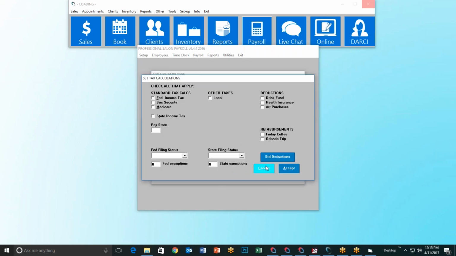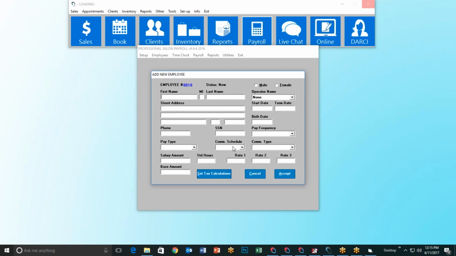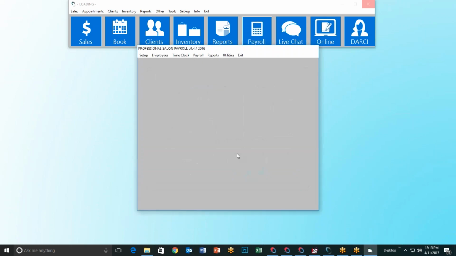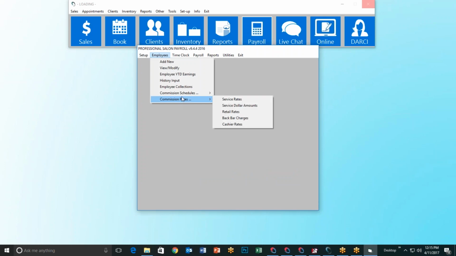I can set my tax calculations as well if I care to. You do not have to process the payroll through the system, but you do want to set them up for commissions anyway. So once they are set up, I can go to my employees here, and then I can go to my commission schedules. This is one of my commission options. And in this option, I'm dealing with